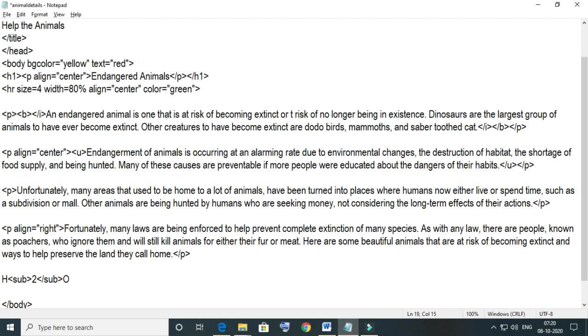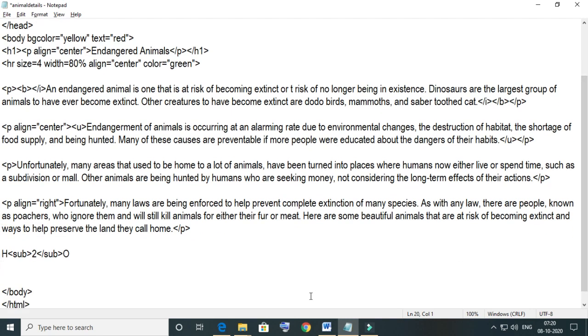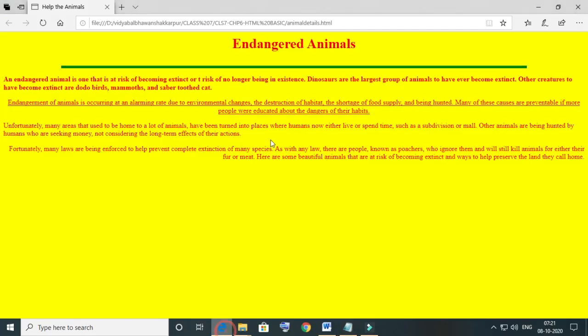So in this way, this is H2O, and again come to E equals mc square. Now just check it. So just save the notepad and again reload or refresh the web page. So H2O and E equals mc square.